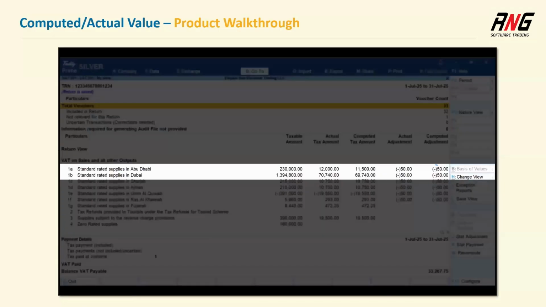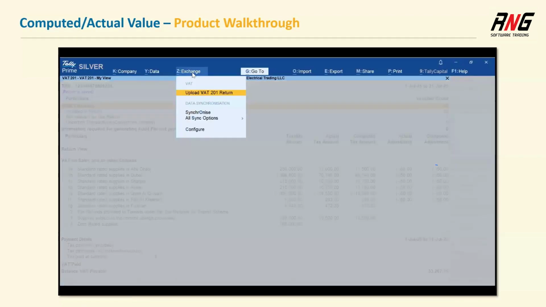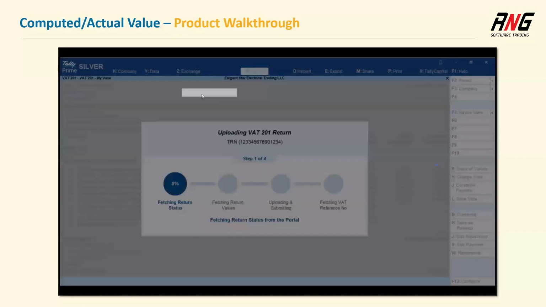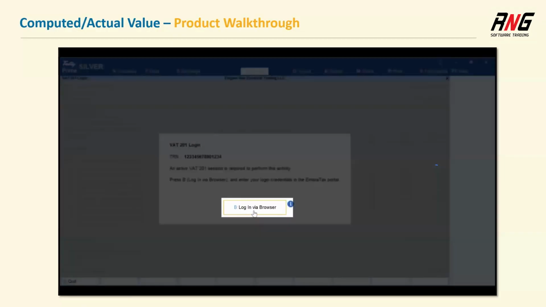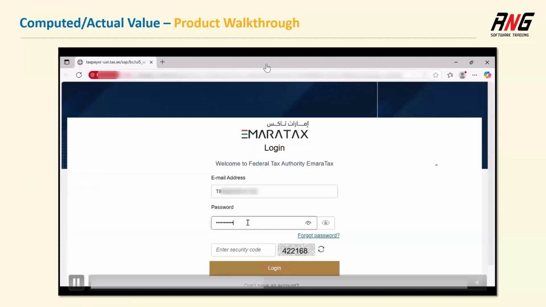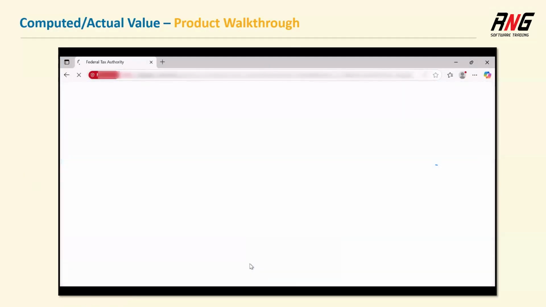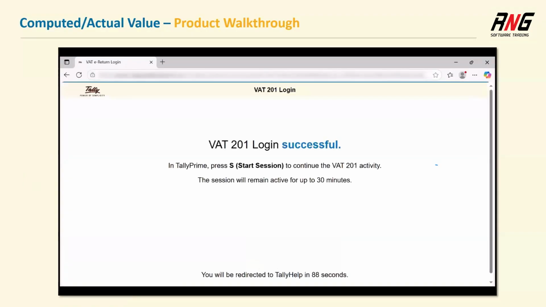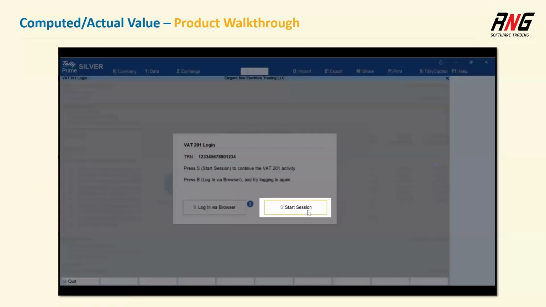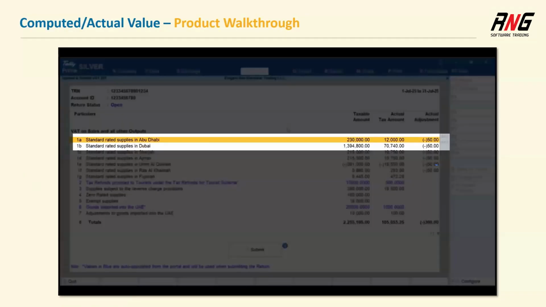There are a couple of transactions where there might be some miscalculations in the tax amount calculated. I just go to exchange, upload my VAT 201 form, do my login, and once it comes into the start session, you can select the particular period, and you can go to configure at the bottom right